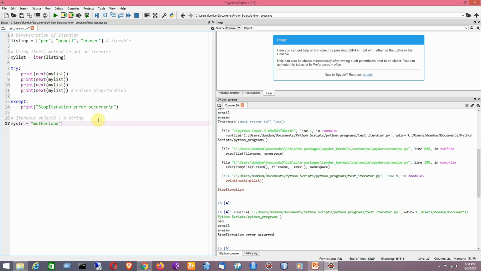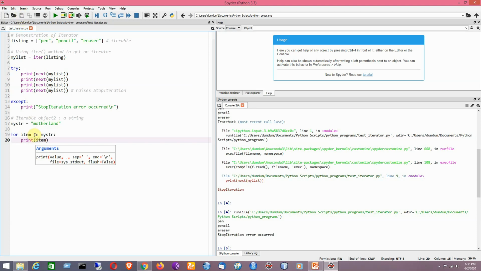Okay, now you can iterate through the elements in the iterable object, that is my string, denoted by the variable my str, by using the simple for loop. Like for item in my str, print item.